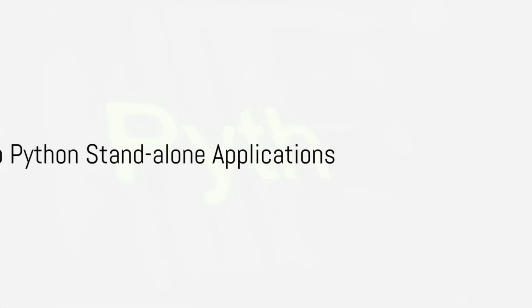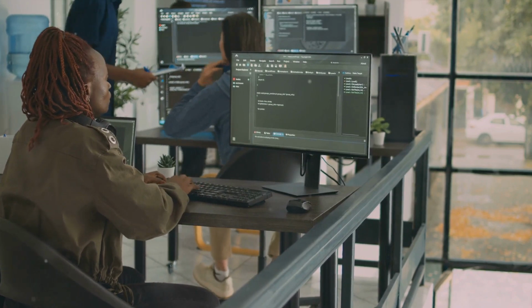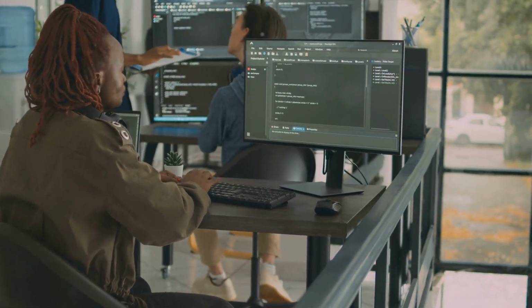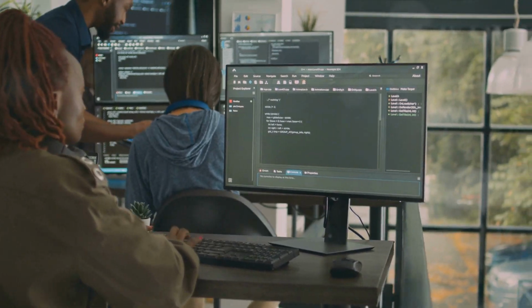What is a Python standalone application? Ever pondered upon that? It's a software program that's designed to operate independently on a user's device. This means it doesn't call for an external server or internet connection. It's a type of desktop application that can be executed directly on a computer without leaning on web-based technologies or